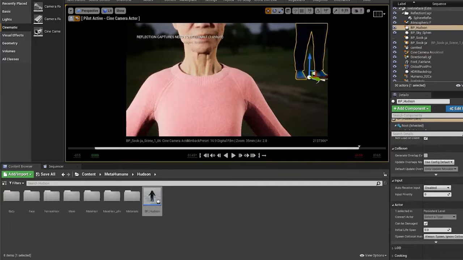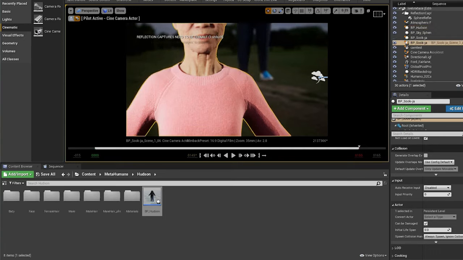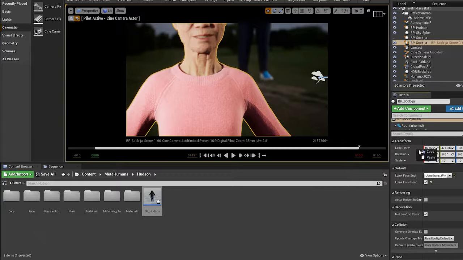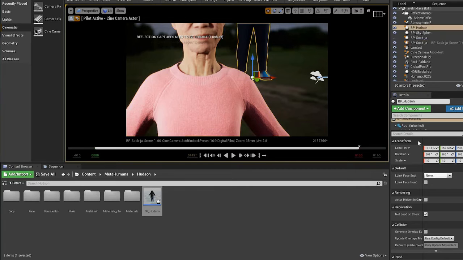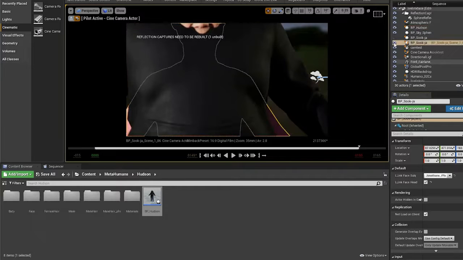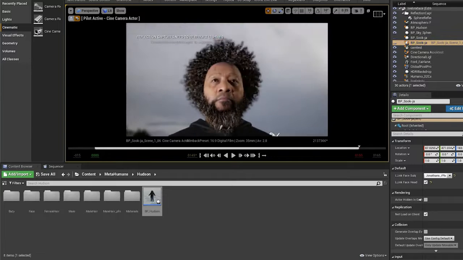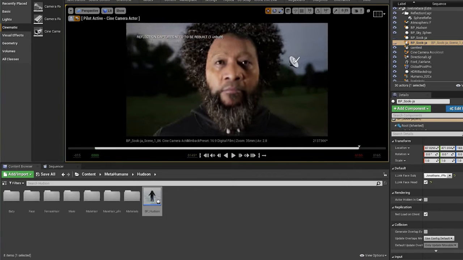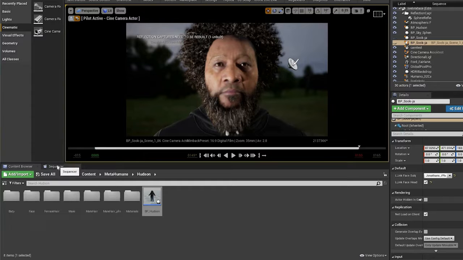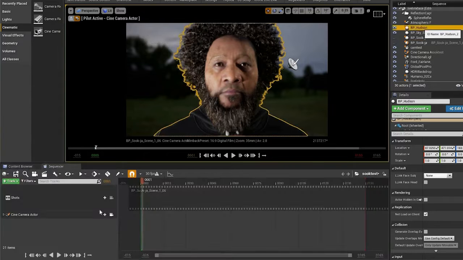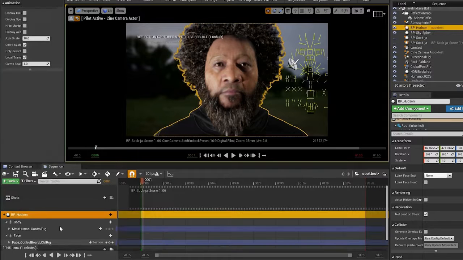Let's copy the position from Sukja. That looks a bit weird, so let's turn her off. So now we have Hudson. And if we drag him into the level sequence,